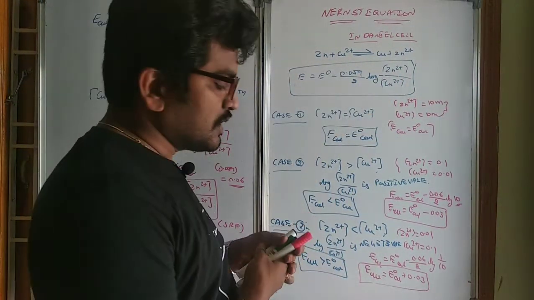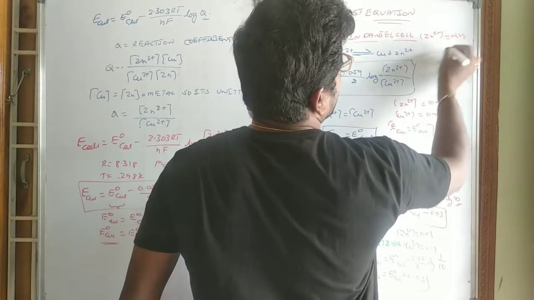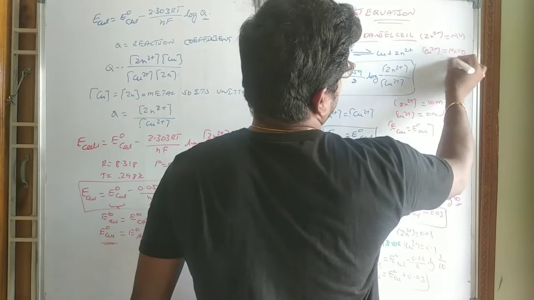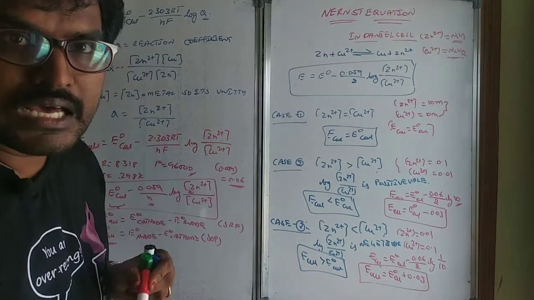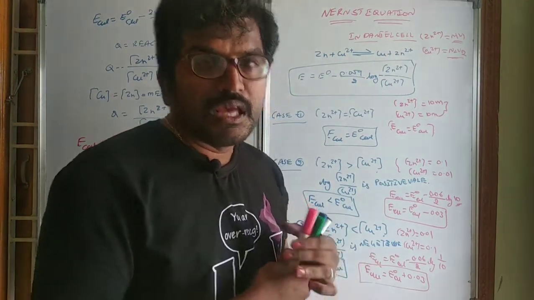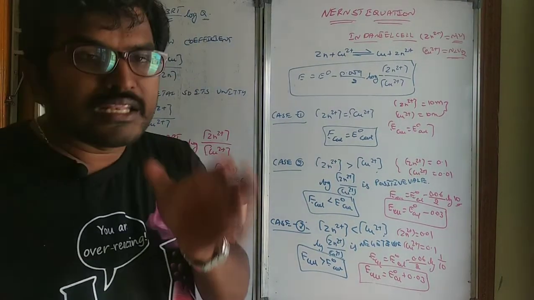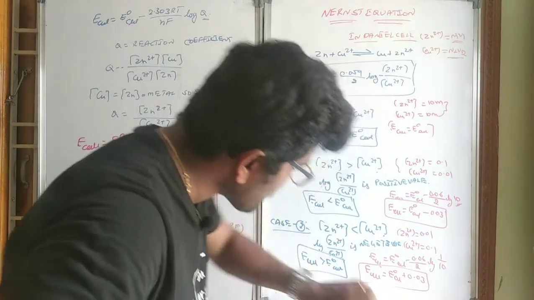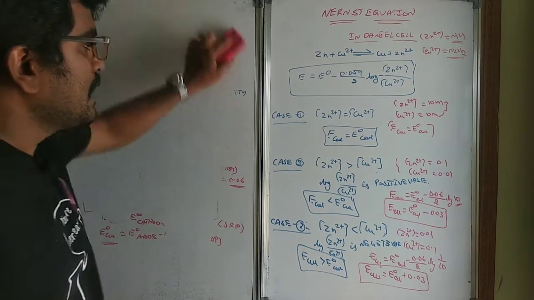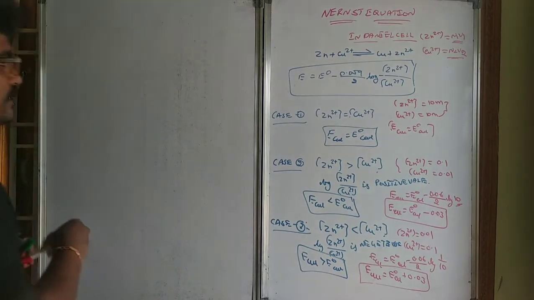You see here zinc concentration. The concentration of zinc is equals to N1 V1. Concentration of copper will be N2 V2. Based on these things, they will ask you how much zinc to be dissolved in the 1 liter of solution. Also, they will be asking you. Be careful with these things. Like this, whenever they give you any particular cell, how to find the cell potential, they will be asking you. Let me tell you an example. With this you will get better clarity.